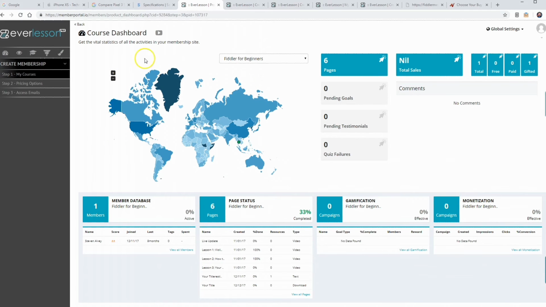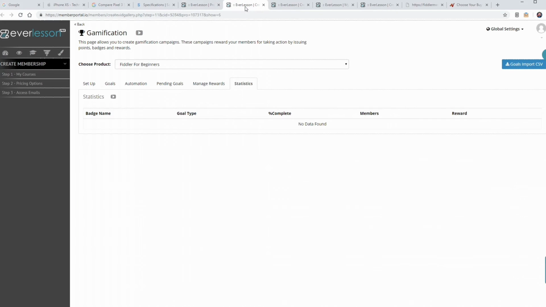We've got a map that shows us where members are in the world. We've got the member database with lists of members. We've got how complete our membership is, and this gives us an indication of what we still need to work on. We've got gamification, we've got monetization. So let's have a look at each of those respectively. So here we've got our gamification